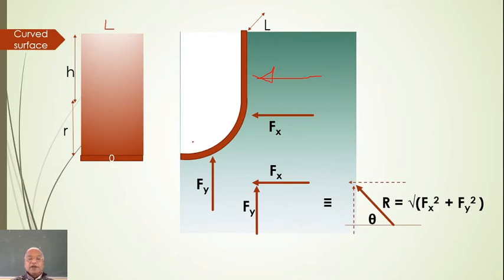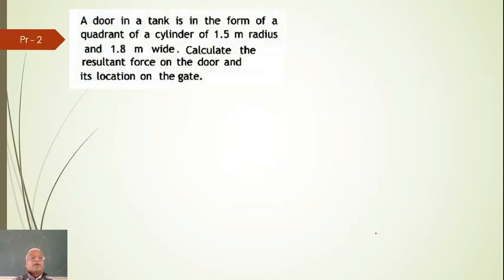Okay, and then after finding out Fx and Fy, we have to find the resultant and its inclination in the usual manner. R is equal to square root of Fx squared plus Fy squared. The angle theta can be found as tan theta equal to Fy by Fx. Of course, with some numerical value also we'll be trying to see this. Okay, we'll solve one simple problem.